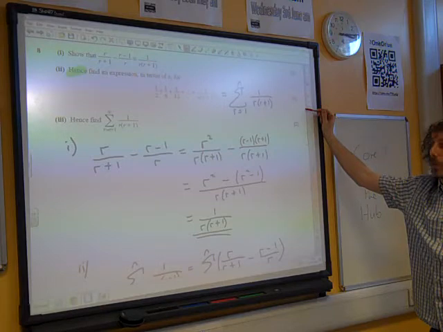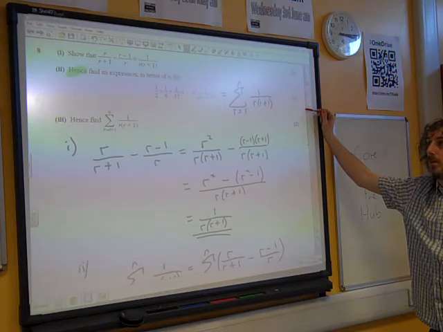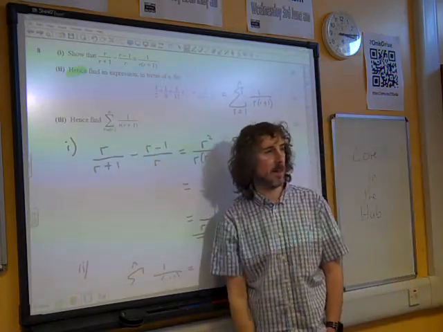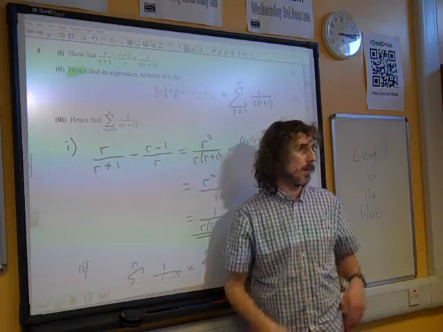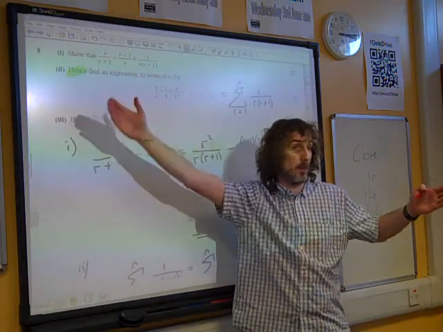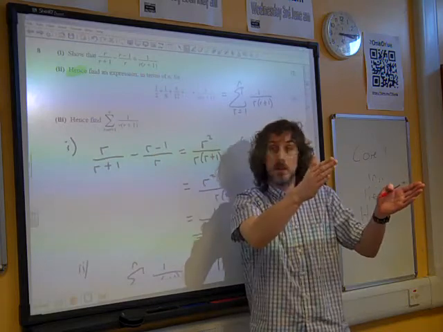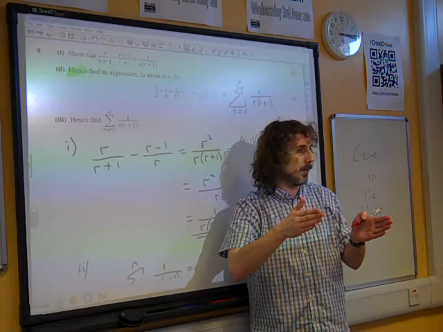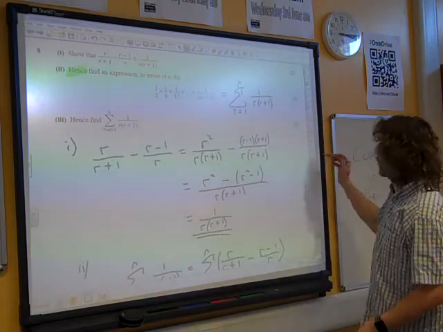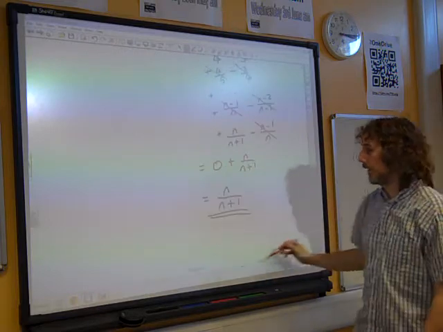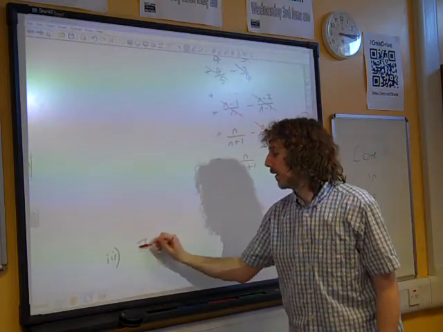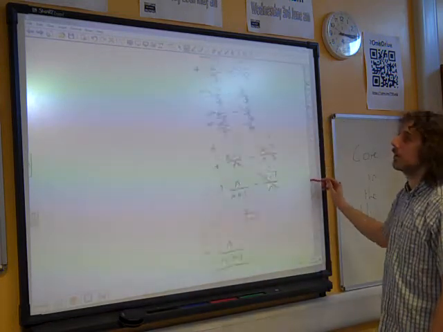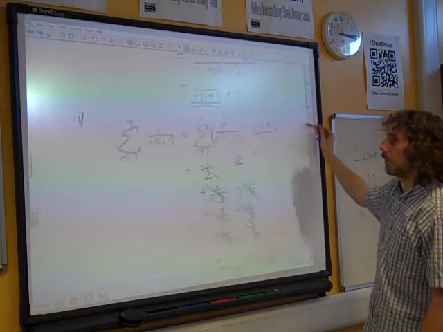as r goes from n plus 1 to infinity of 1 over r plus 1. Now these n plus 1 bits here, that just means that you go from the start up to where you want to get to, and then you take away the ones up to the point where this one begins. I didn't say that particularly clearly, but does it make sense? So when we talk about the sum from n plus 1 to infinity of 1 over r plus 1,